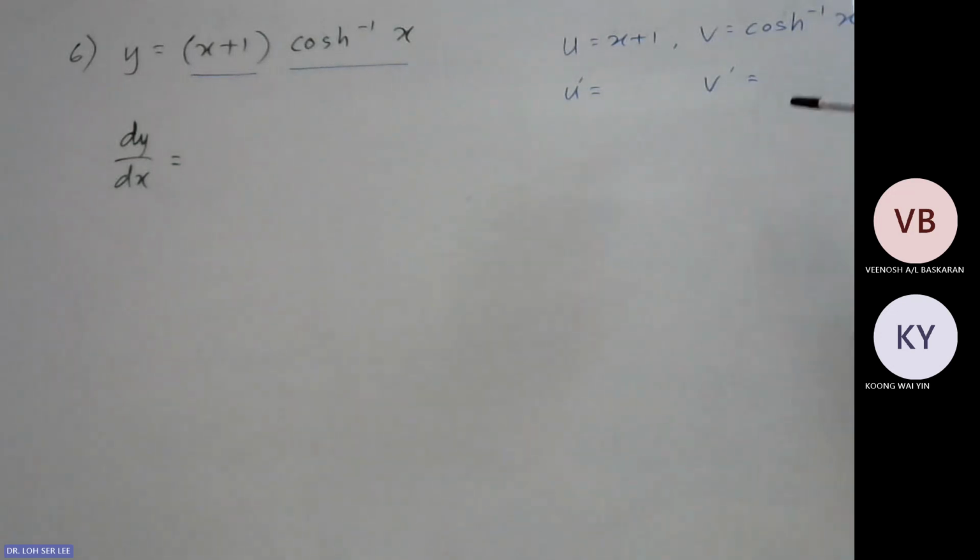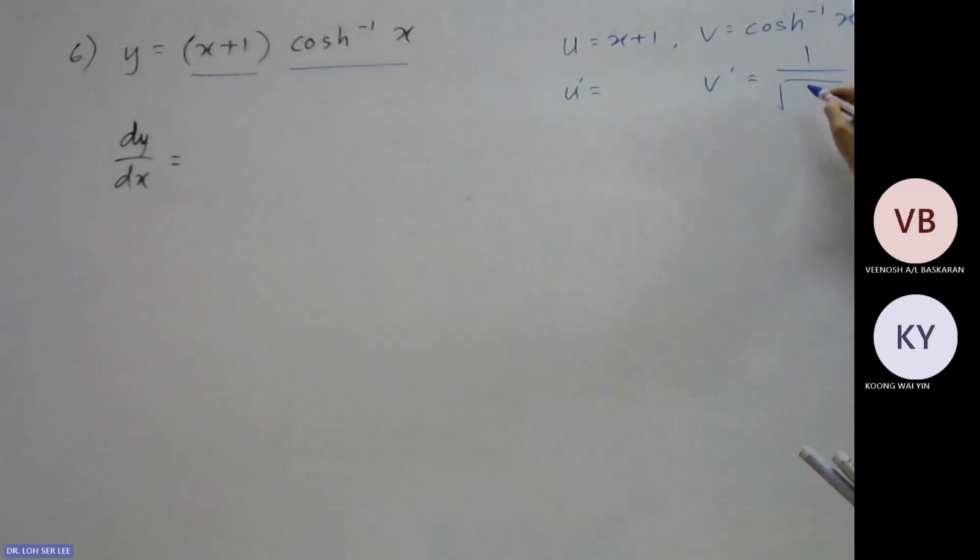So you can find the formula here. This one. Okay, so when you differentiate this function, you get this 1 over